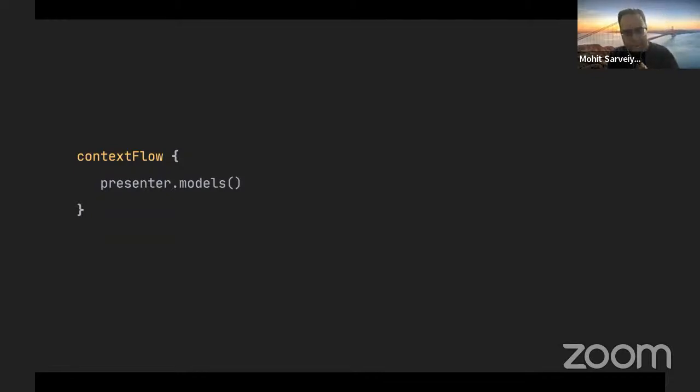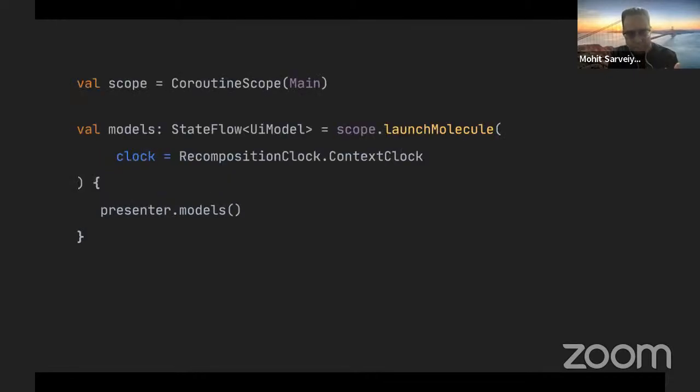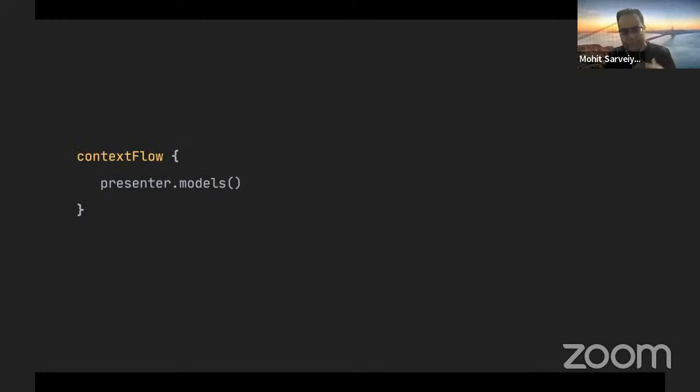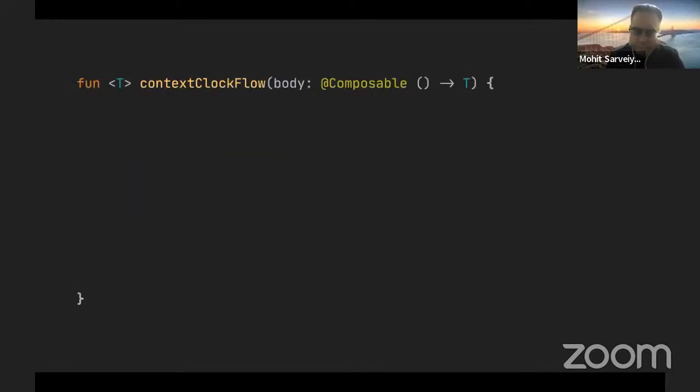And what it does is that you don't have to, in this case, set a context clock explicitly. It sets it up for you. And what it provides is not a state flow, but a cold flow, or normal regular flow. That's what it creates. So this library, you could use it to create streams which are state flows, but also regular flows as well. So what a context flow clock does internally, it takes in a composable function and